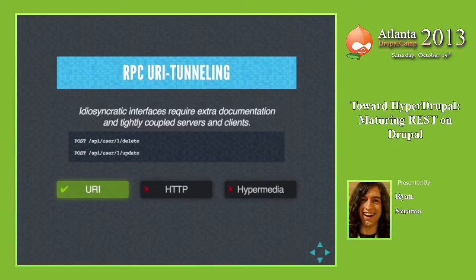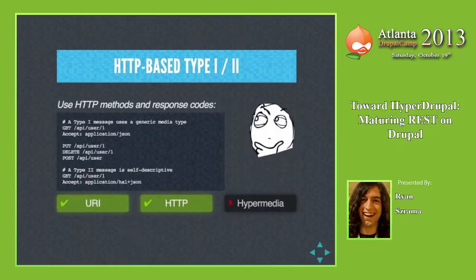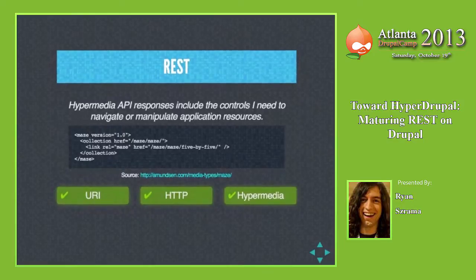So I'm looking for progressive enhancements. If you start out here, even if you aren't using a self-descriptive media type, even if you aren't using a hypermedia type, you can change this in the future without breaking existing integrations. So, additive. The last thing that you can add, of course, is hypermedia.